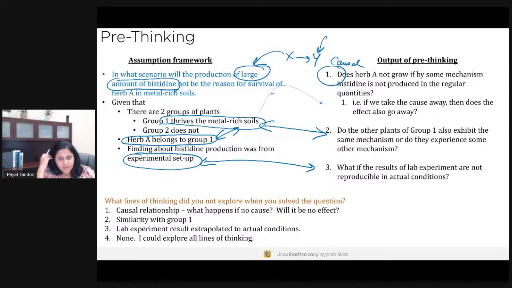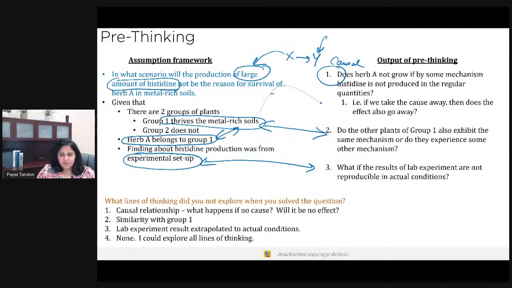Okay, 2 and 3, Vishal is saying 2 and 3. I actually got 1 and skipped to the answer choices. So Vishal, what you did was okay. I'm not saying that what you did was wrong, but I would really say when you are in the learning mode, try to pre-think as much as you can, because the more you